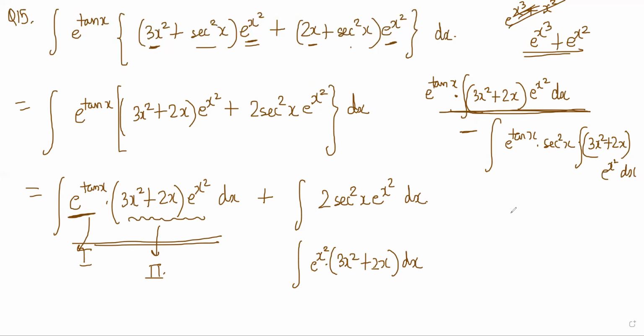Differentiation of this, let's just check once. This becomes e power x cube into 3x square plus e power x square into 2x. So we can take e power x square common and we'll get